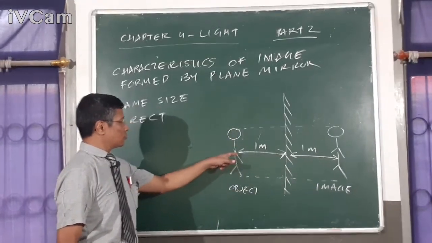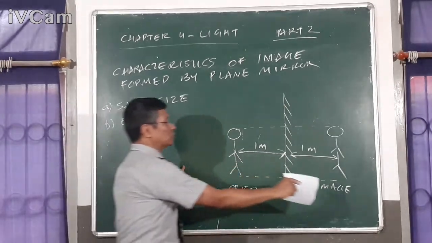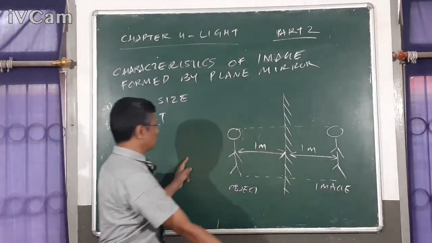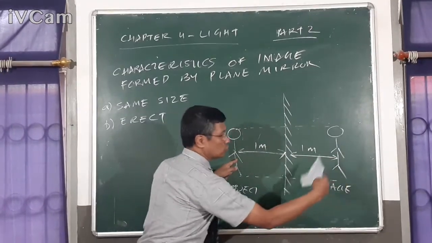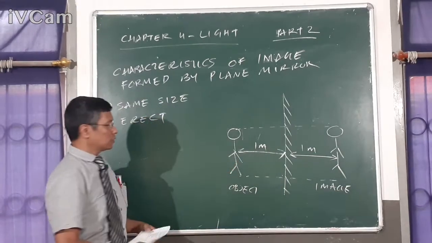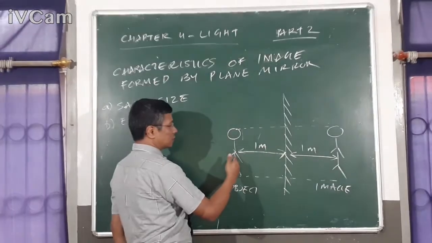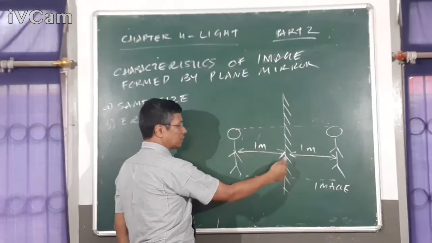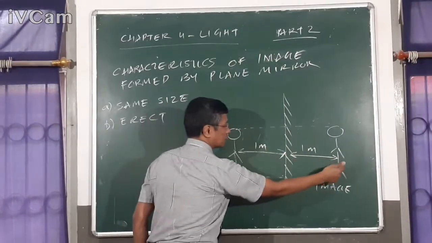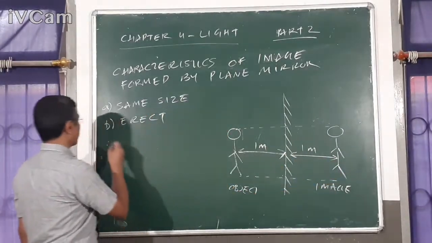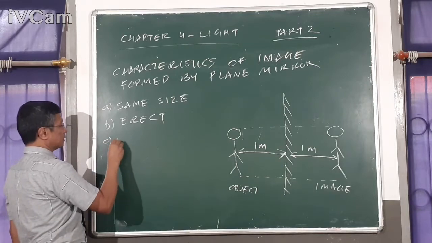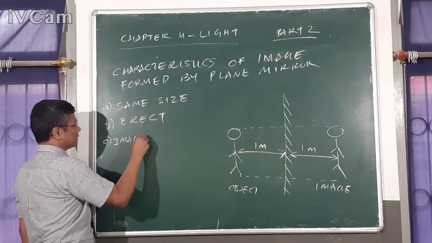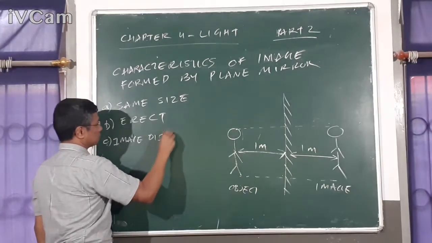If you move backwards, the image will also move backwards. If you move forward, the image will also move forward, to ensure that the distance between the mirror and the object and the image is equal. So this is the third property, that is image distance